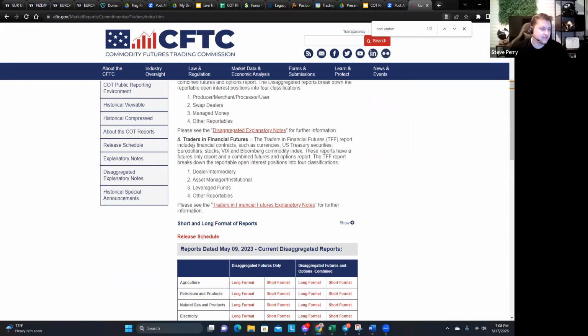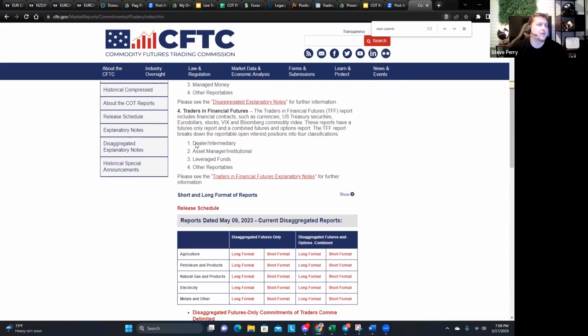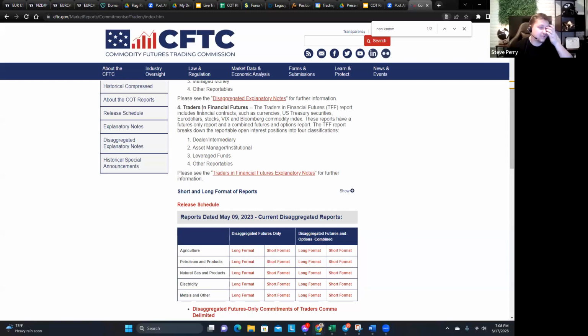Additionally, when you're looking at these reports, let's read number 4 here. It says the traders in financial futures, or TFF, report includes financial contracts such as currencies, U.S. Treasury securities, eurodollars, stocks, VIX, Bloomberg Commodity Index. These reports have a futures only report and combined futures and options report. The TFF report breaks down the reportable open positions into 4 classifications. From what I've found and what I've studied, it's the leveraged funds you want to follow when you're reading this particular report. And if you click on the explanatory notes, which is right here,